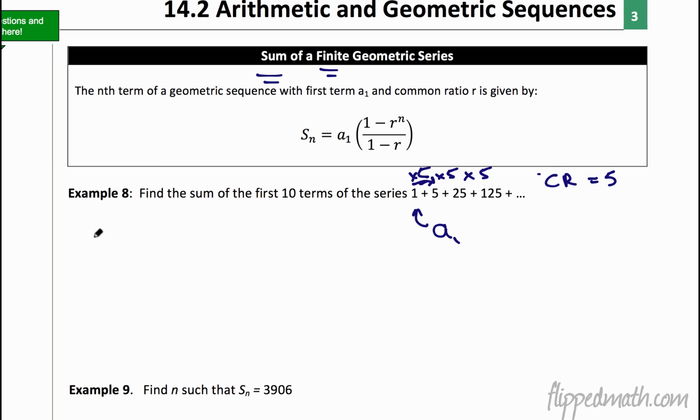So using our formula here, the sum of the first 10 terms is going to equal the first term, which is 1, times 1 minus the common ratio we know is 5 to the n. Now n is the number of terms. We know that's 10. So we plug a 10 in right there, all over 1 minus the common ratio, which is 5. So this is ugly here. This is all going to equal, when you simplify it, you're going to get